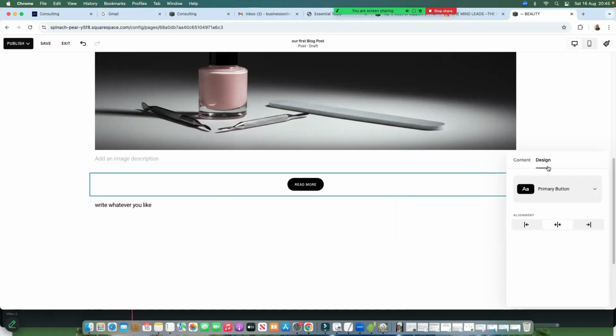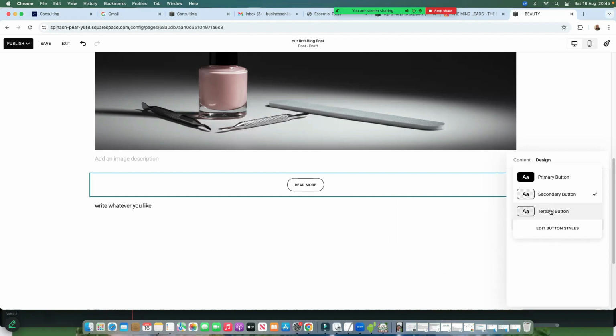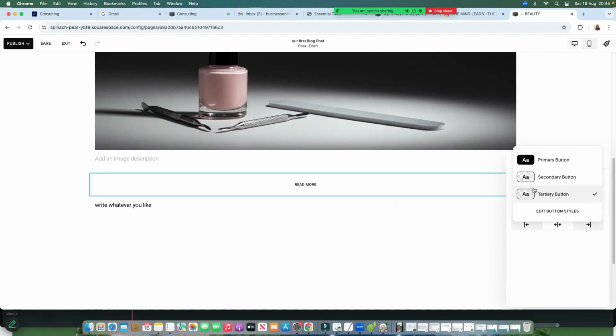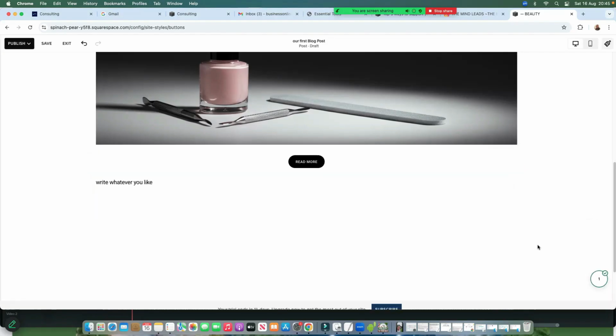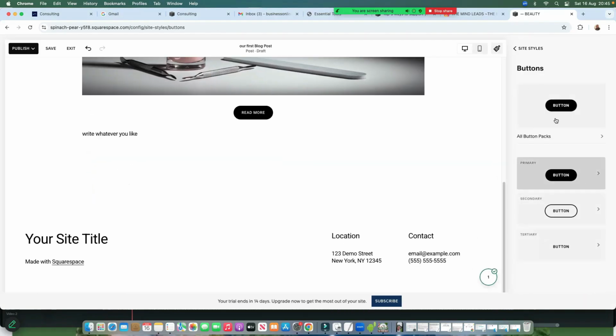And here on design, you will see the type of button you have. It's a primary button, and you can select any other type. So you can have the secondary button, or you can have the tertiary. But I'll leave the primary for now. And if you need to edit style, click here on edit style, and